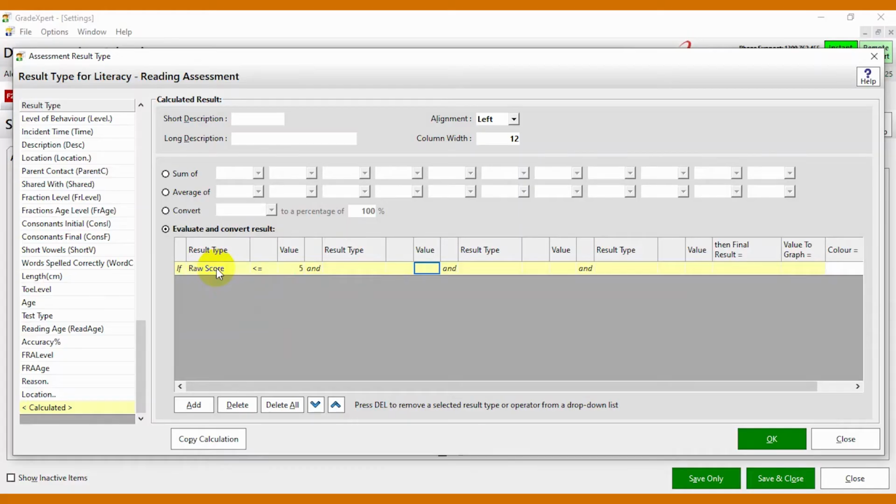So unit 1 is 20% of my total, unit 2 is 30%, and unit 3 is 50%. So you can convert them to percentages as well. But the most useful one is this evaluate and convert, which is almost identical to setting up your color coding, except that the outcome is not just a color, the outcome is actually some text that you might want to display. So let's keep this simple, and let's say if the raw score is less than or equal to 5,